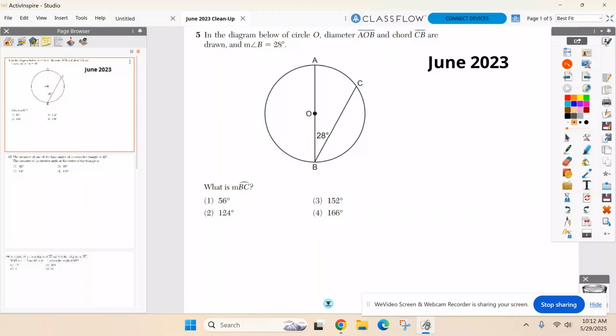So here we go. We have to find arc BC. First thing we need to review, that angle of 28 is called an inscribed angle. So I have to remember the fact. Inscribed angle, how do I find it? Connor? Half the arc length. Half its arc measure. Inscribed angle is always equal to half of whatever the arc was. So in this case, I'm going to double 28 because I already know this inscribed angle. I'm going to take half of whatever its arc was, so to get the arc, I might as well double it and get